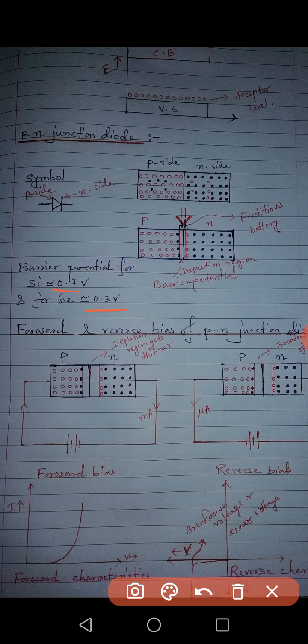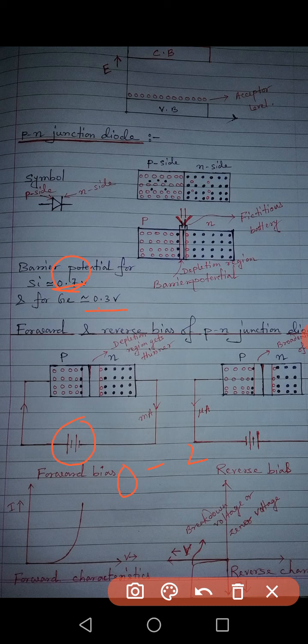Suppose we have taken silicon and the value of this barrier potential is 0.7, and we are increasing this potential from 0 to a particular value, suppose from 0 to 2 volt. So how will it increase? From 0, then 0.1, 0.2. Will we get any current at 0.1? No, because barrier potential is 0.7. 0.2, no current. 0.3, no current. We will get the current once it exceeds 0.7.